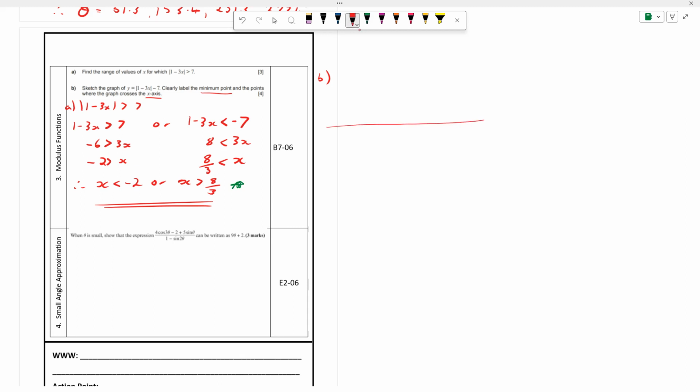If I draw my axis out, it's going to cross it at minus 2, which would be about here. Obviously, we should just use a ruler and pencil to quickly draw our axis. It's going to cross at 8 over 3. Now, I need to find where the minimum point is. So if I look at the equation I've got,